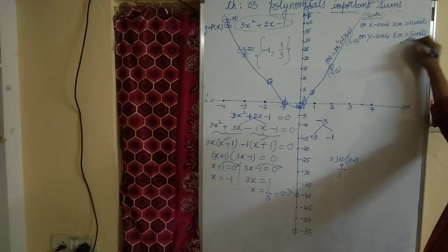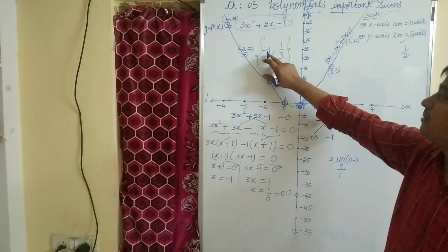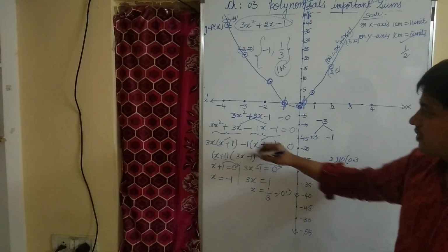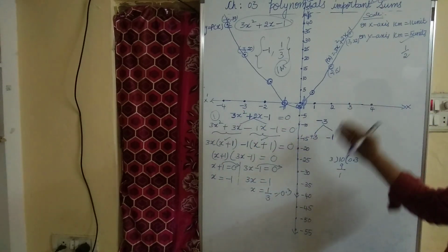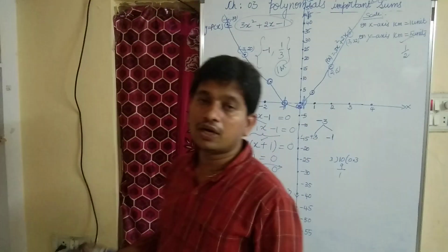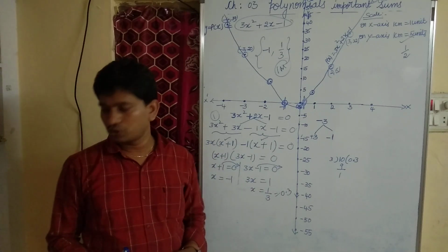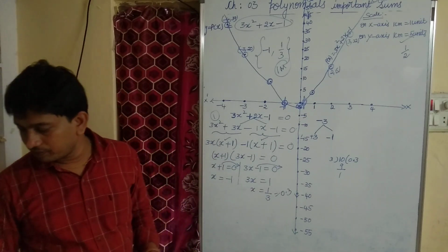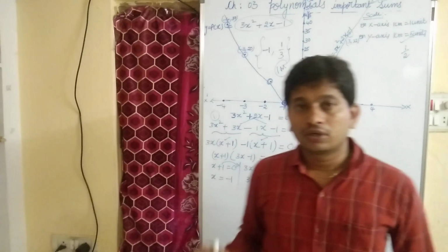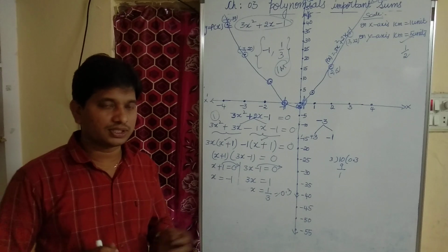As I told you, for scale you get half mark. If you write these zeros of the polynomial, minus 1 comma 1 by 3, you will get 1 mark. And for this verification you will get 1 mark. If you draw the graph and represent the polynomial, for finding and plotting the points on the graph, for finding the coordinates, totally it carries 8 marks. So these are the most important questions that they may ask in public examination. So graphs are the most important problems which carry 8 marks.